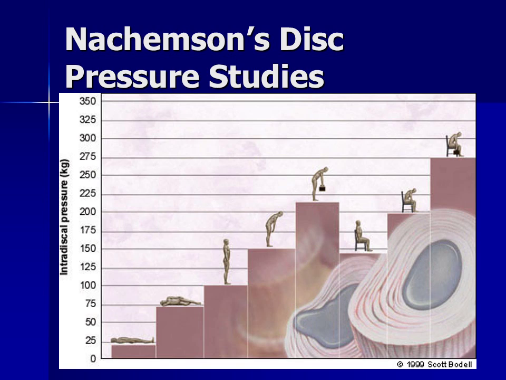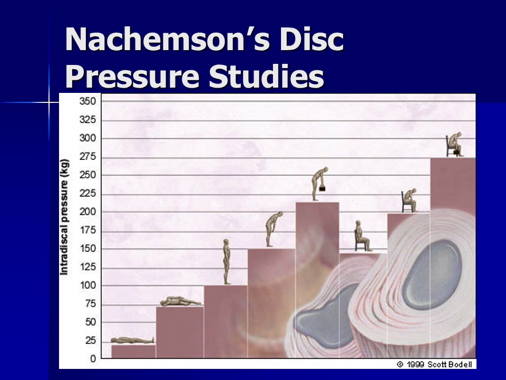This is a set of disc pressure studies by Nachemson. An excellent study. What's interesting about this is that these disc pressures were taken in vitro, and via these pressure transducers that were used to measure the intradiscal pressure, they found some interesting findings. First of all, one thing that seems reasonable is that the position being completely supine, all the way to the left of the diagram, was the position of least spinal pressure. As you see, as that person climbs up the stairs to higher discal pressures, as a person begins to stoop